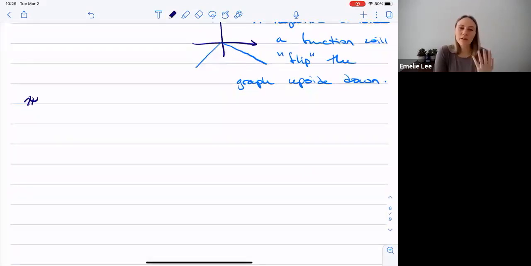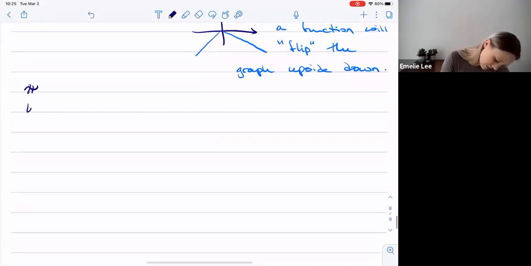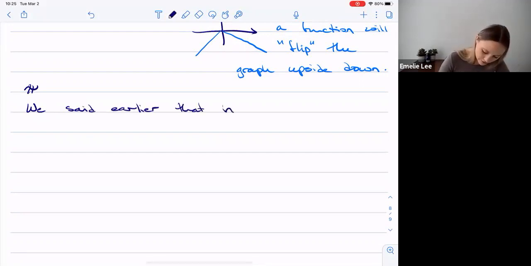So in order for an expression, or an equation, to be a function, so we said earlier, let me write this down. We said earlier that in order for an equation,